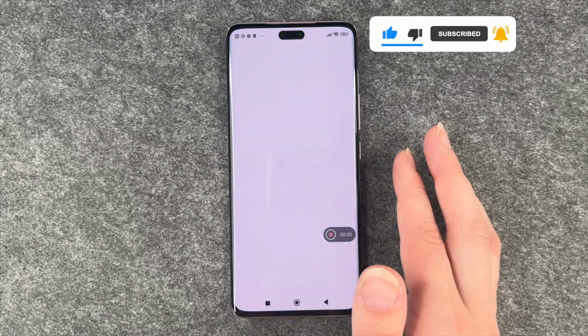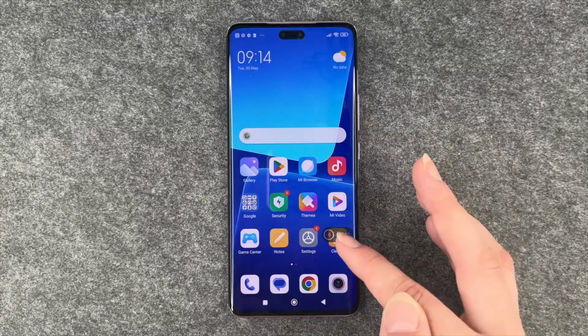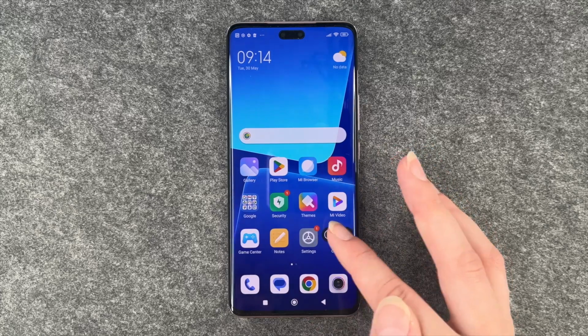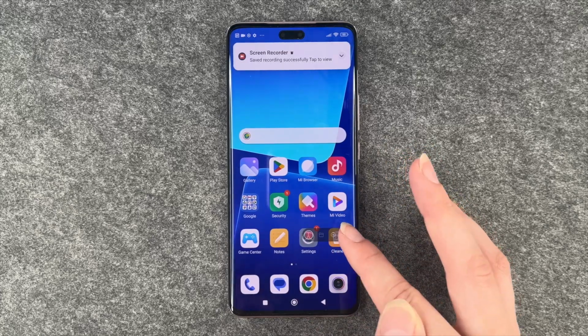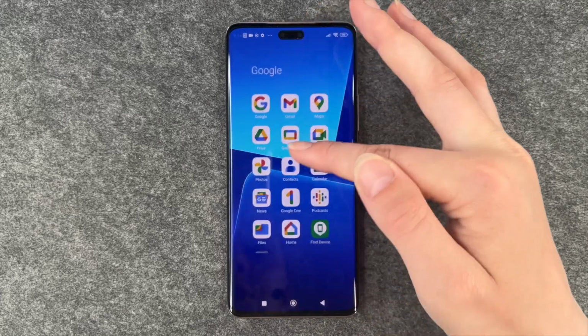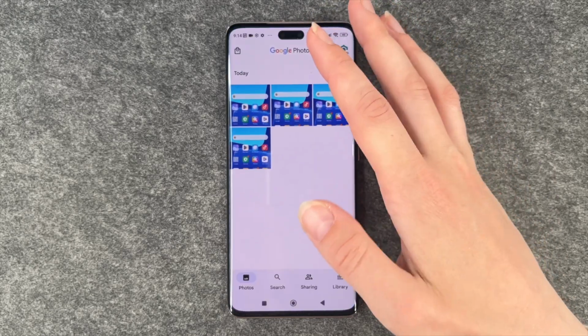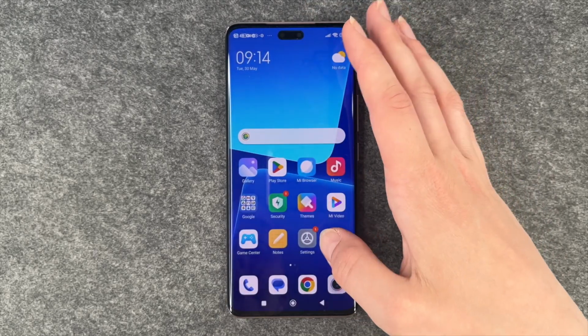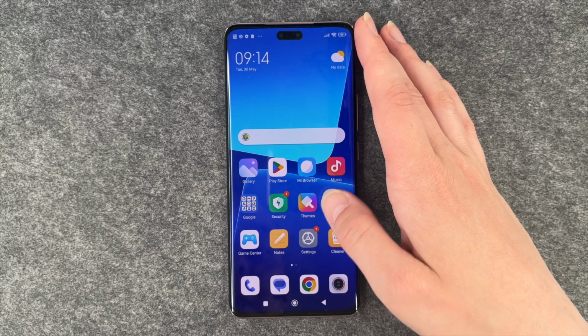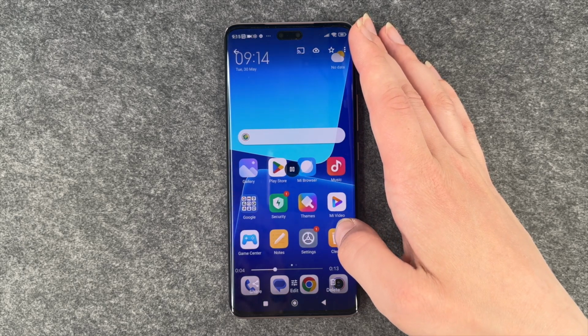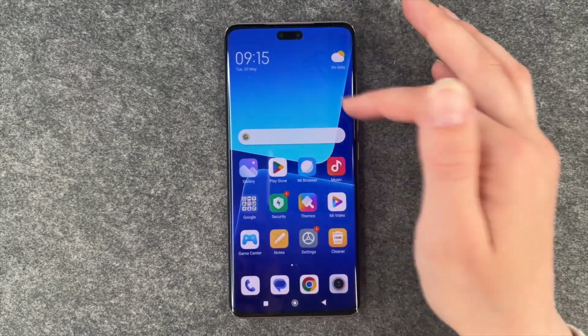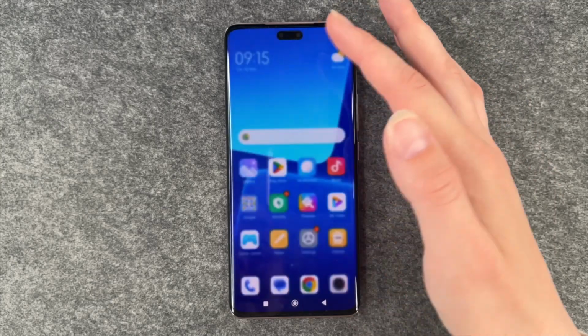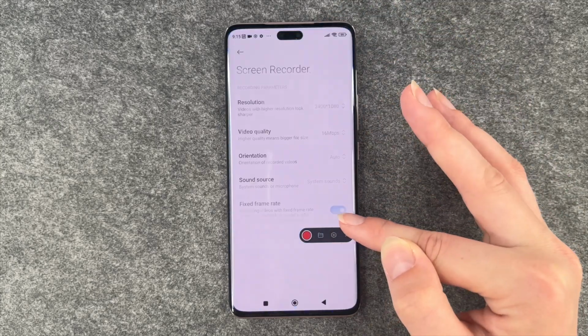We can show different things, and when we're done we can click on stop again, and then we can go to our library, then we can go to our photos, and here we have our screen recording. You see it's without sound now, so we can go ahead and go back to screen recording and make some